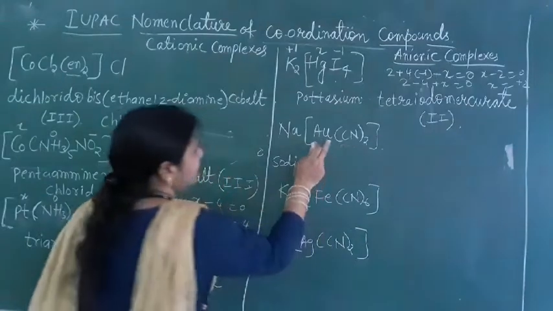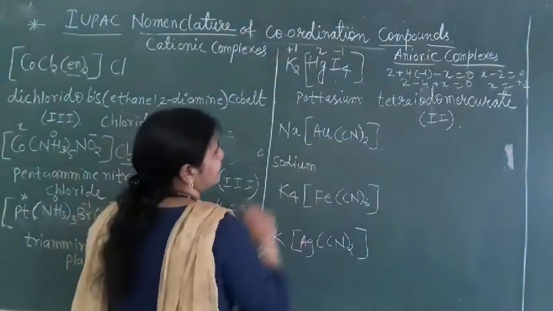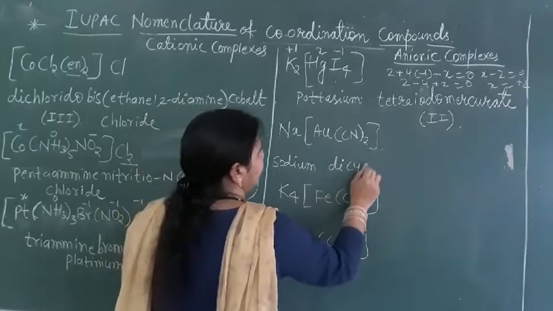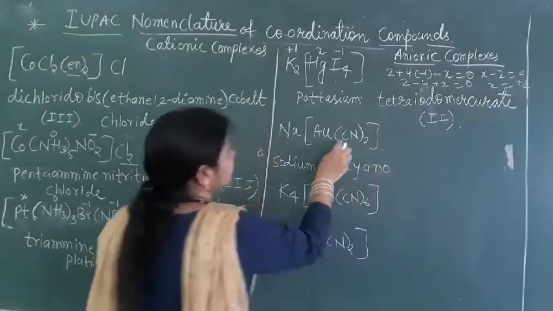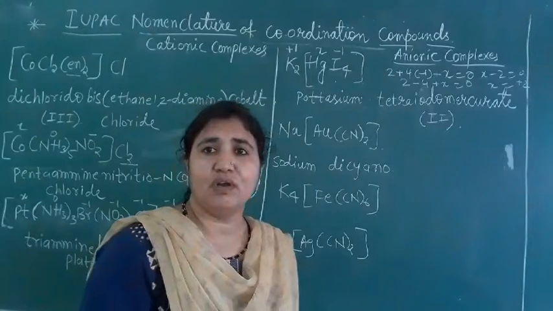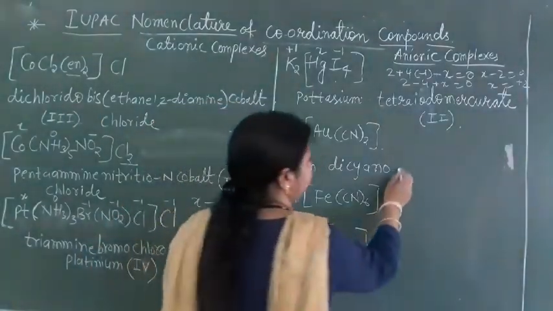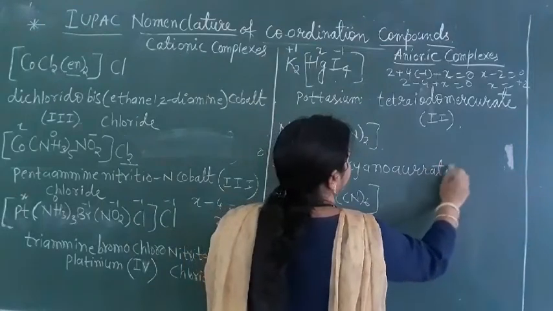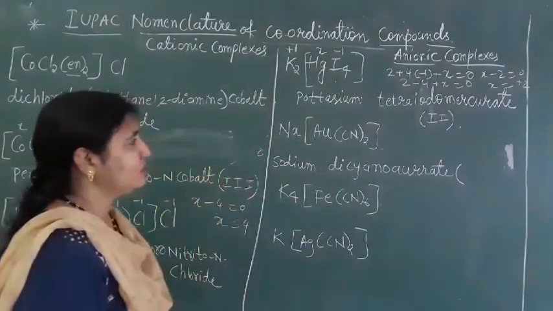Okay. So next here we have the ligand cyano. How many are there? 2 are there. So write down dicyano. This is what? Gold. Au is what? Gold. But what will we write? We will write aurate. Okay. Aurate. And the oxidation number. What will be the oxidation number?